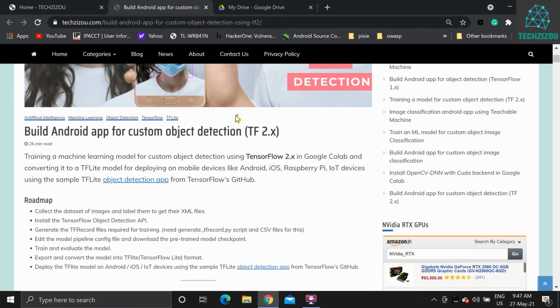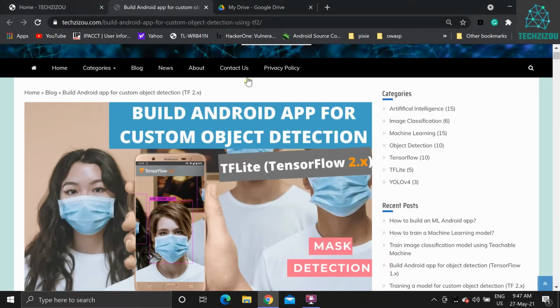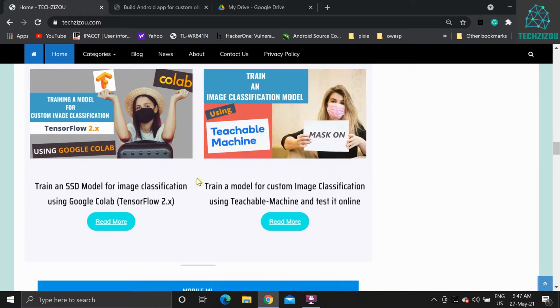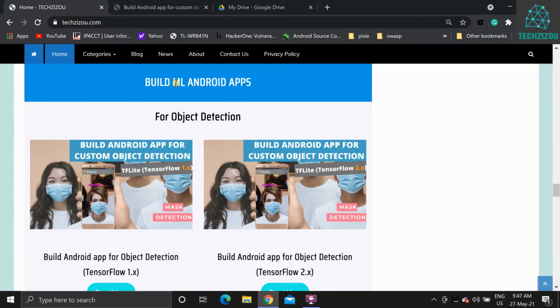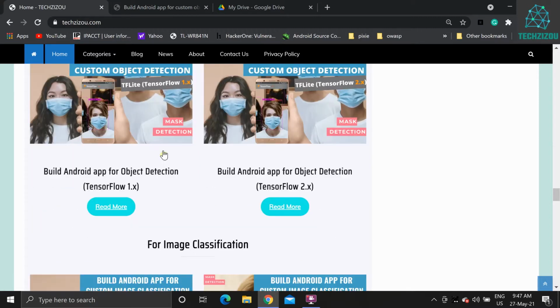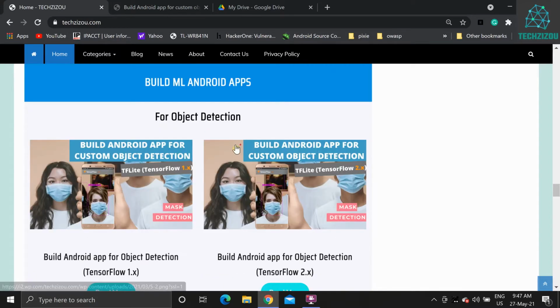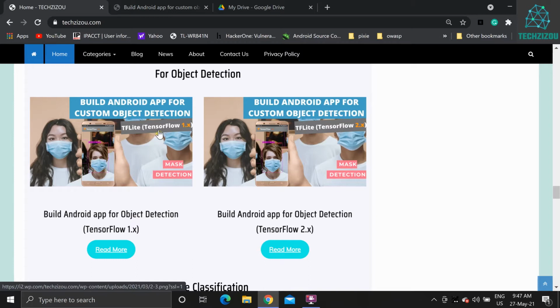So you can head over to this article on my website. Go down below under build machine learning Android apps for object detection. I have made these two articles for building Android app for custom object detection using TensorFlow 1 and TensorFlow 2. I've already made a video on TensorFlow 1 earlier. For now we will be doing this one using TensorFlow 2. So open this article